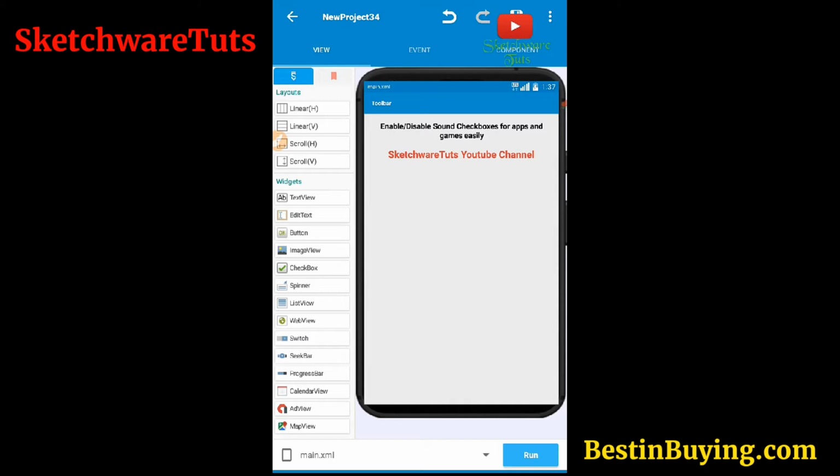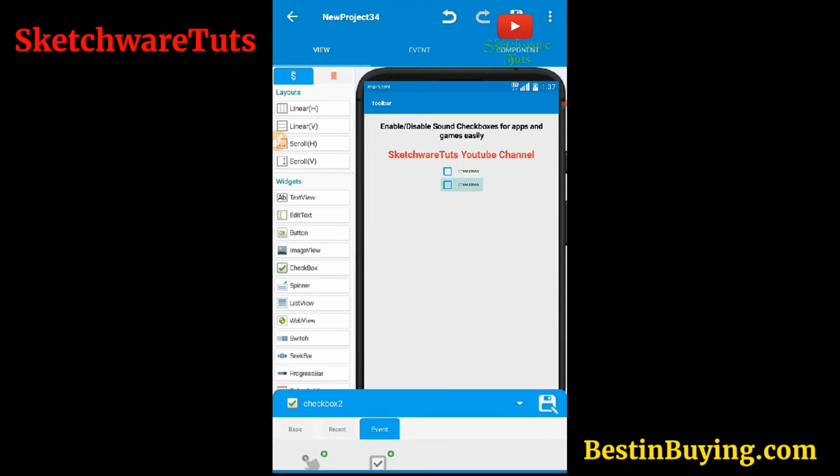So now I'm going to add two checkboxes and a single button on the screen, and the logic is when I tap the button, the sound should play if the on checkbox is checked. Or else if checkbox 2, which means the off checkbox, is turned on, then even if I tap the button, the sound should not be played. So for this, I'm going to add two checkboxes, as I said, and a button here.